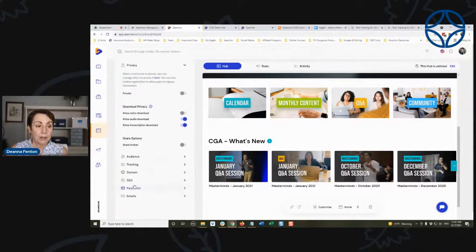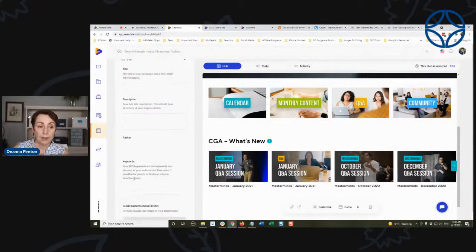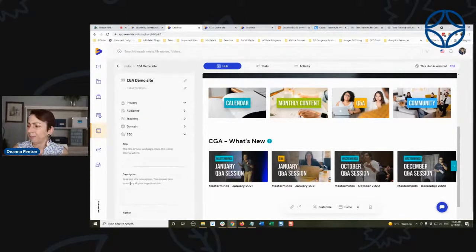The only SEO option down here is you can create a page title and a page description, and you can throw a few keywords in there. That is actually almost more for sharing on social media accounts.